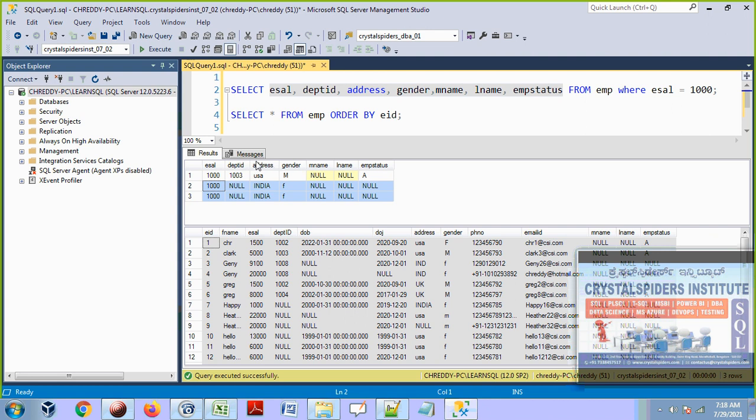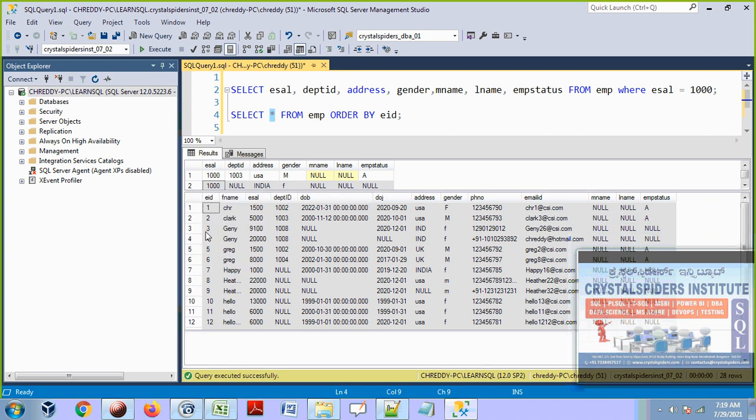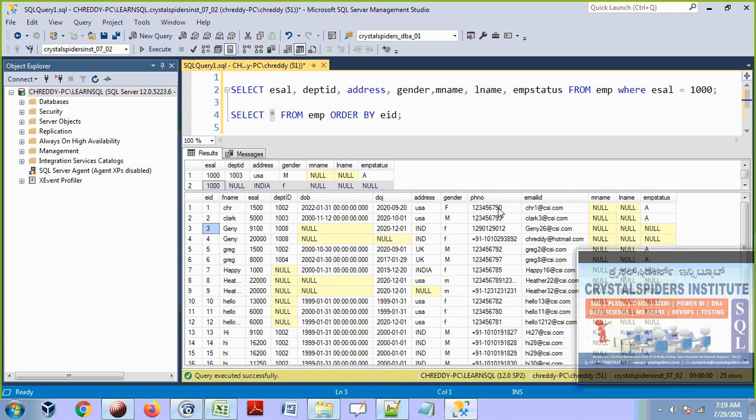All these values may belong to the same person. Two or three people may have the same details, and that is accepted. But at the entire table level, when you select star, meaning all columns, including employee ID, phone number, and email ID, if everything is repeated twice, then we can say the entire record is repeated twice. That is a real duplicate record.